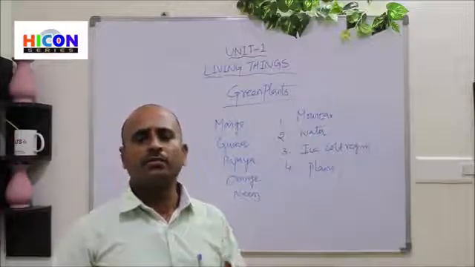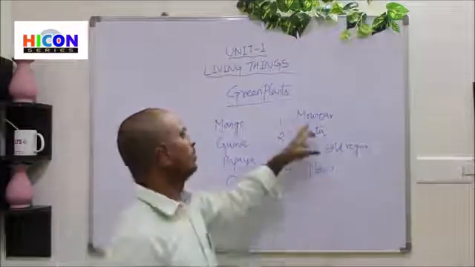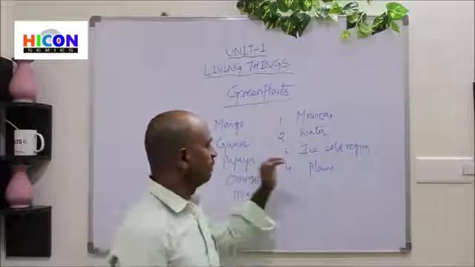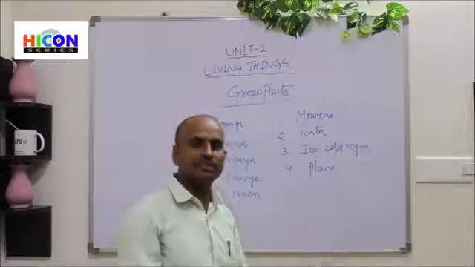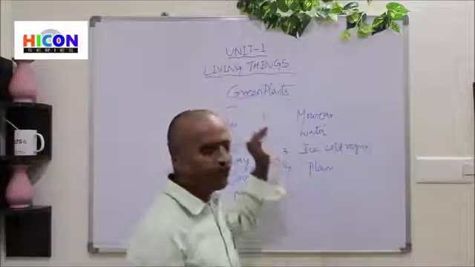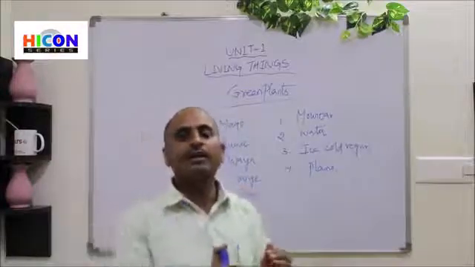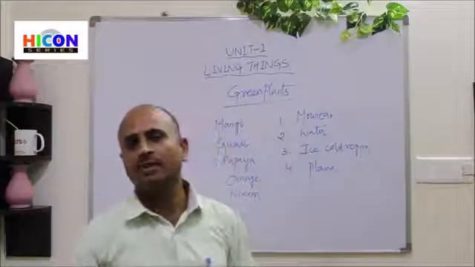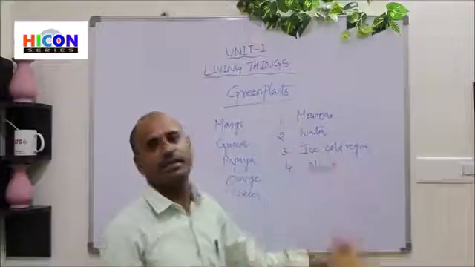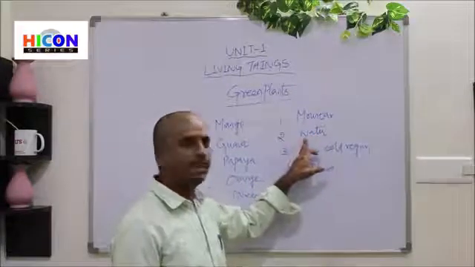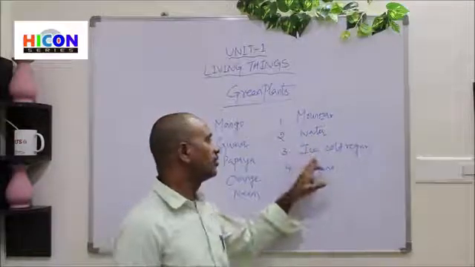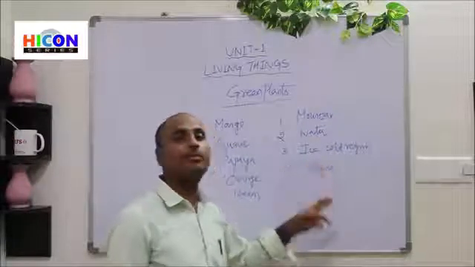And we will observe some plants especially grown in mountains, some plants especially grown in water, some plants especially grown in ice cold regions, and some plants especially grown in plain areas. That means the plants which grow in one area cannot grow in another area. The plants growing in mountain areas cannot grow in water areas, the plants living in water cannot grow in ice cold regions, and the plants which grow in ice cold regions cannot grow in plain regions.